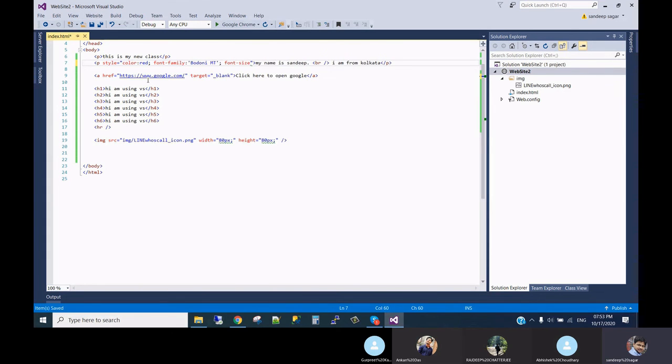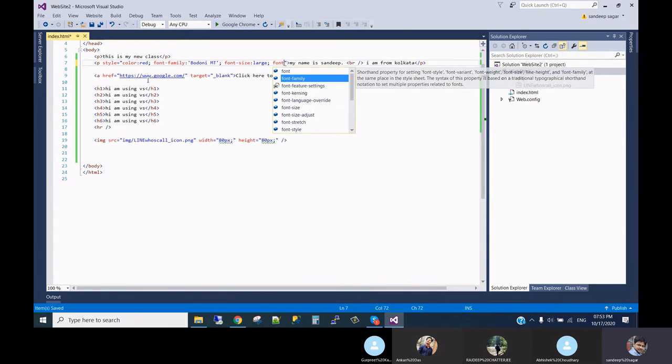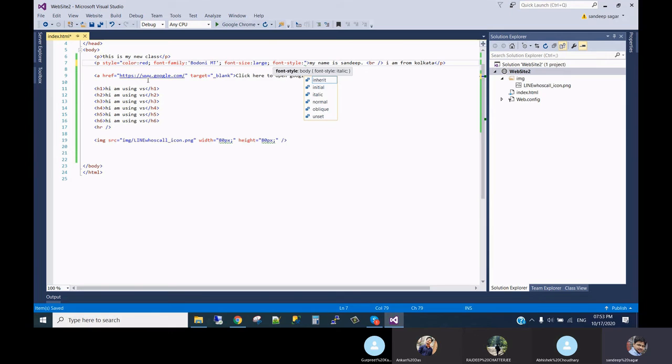Also you can use font size, which I was telling, without the HR tag you can use the font size. You can give large, larger, largest, small. Let me give large. There are lots of options, you can see font family, font size, font style. Font style can be italic, normal.